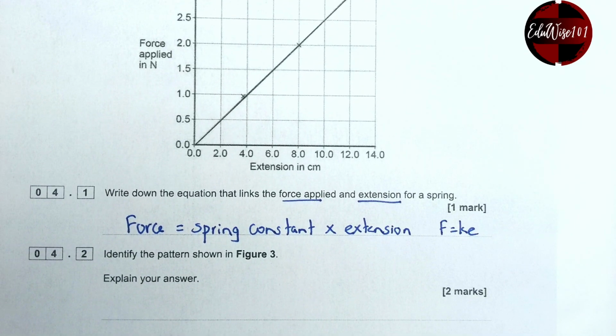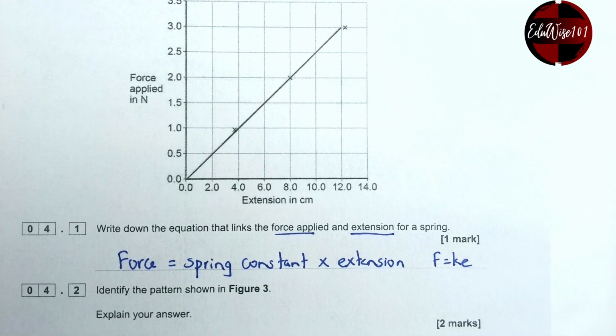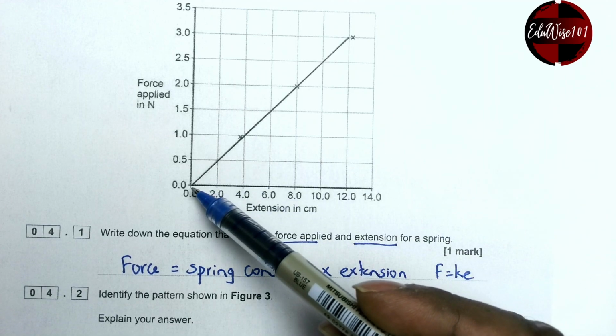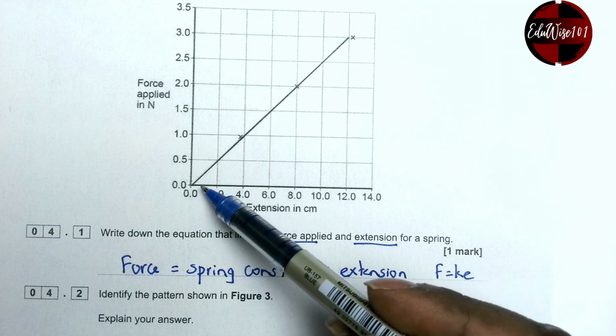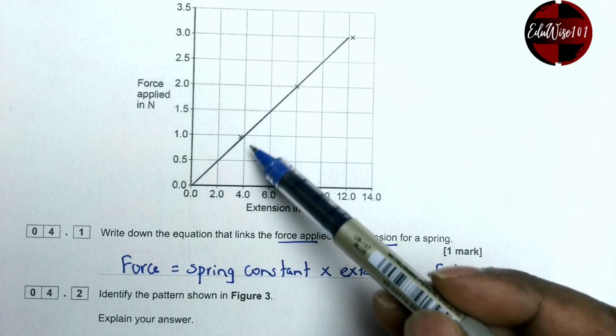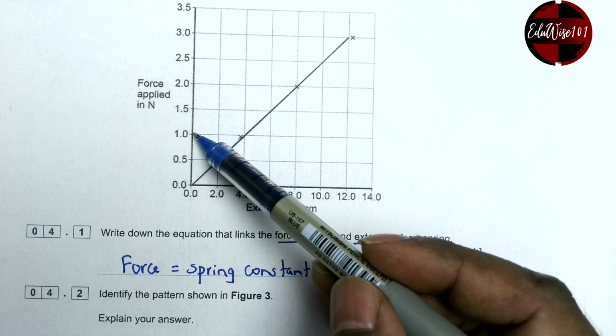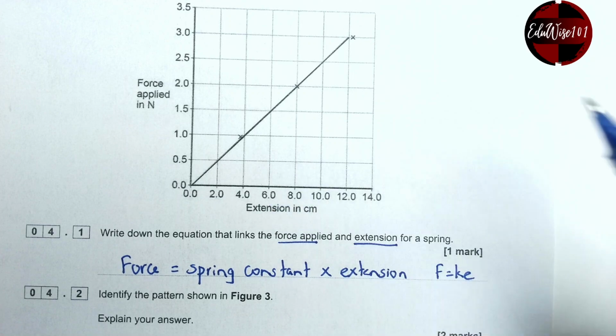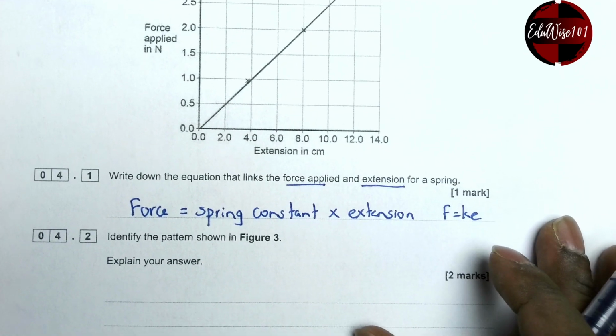Identify the pattern as shown in figure 3. Explain your answer. So the pattern, because it's a straight line through the origin, it's directly proportional. So when the force is 1, extension is 4. When the force is doubled, the extension is 8. So the pattern is